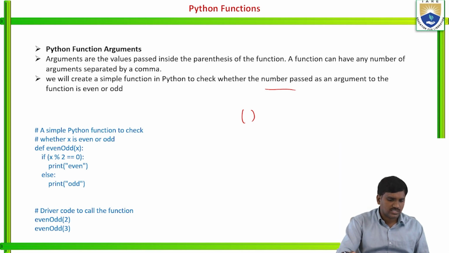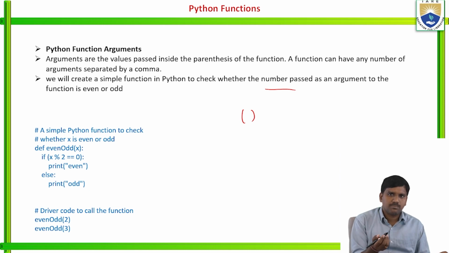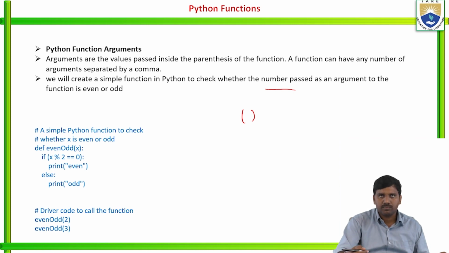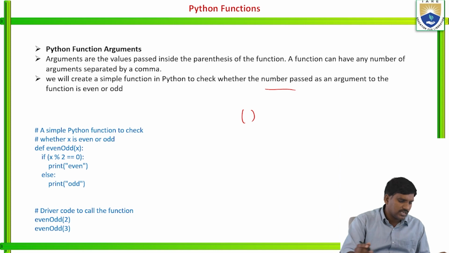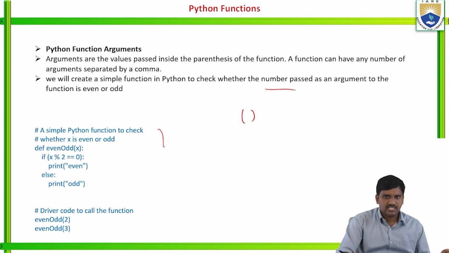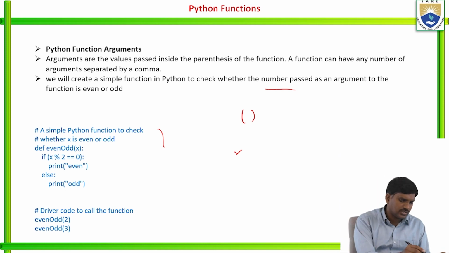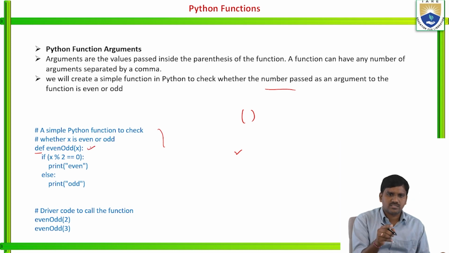This is an example-oriented statement. Here is a simple Python function to check whether a given number x, whether 2 or 3 or any number, is even or odd. For that, you write def even_odd(x):